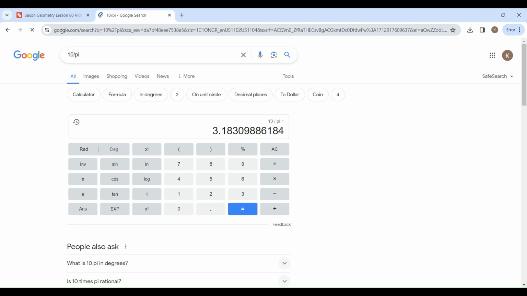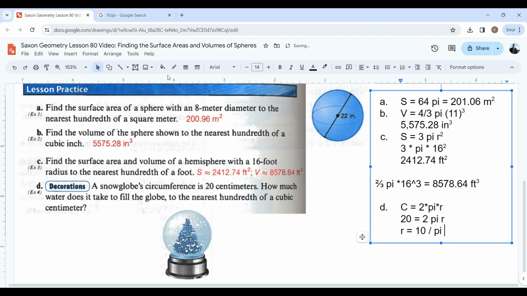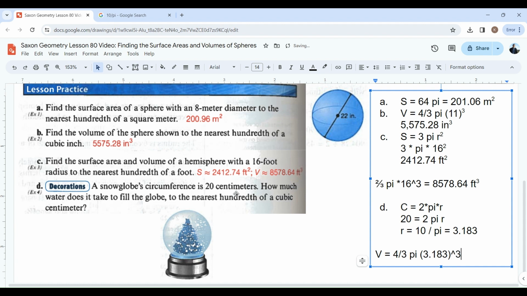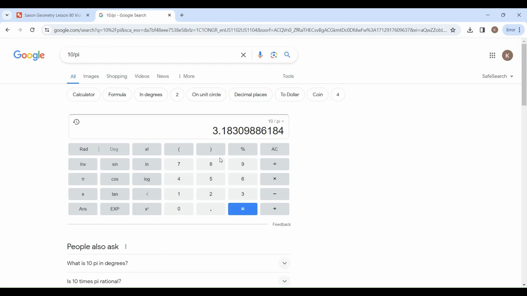Okay, 10 over pi is 3.183. I'm just going to record that many decimal places for now. We'll round to the hundredth at the very end. All right, now I have my radius and I can calculate my volume. The volume is 4/3 times pi times the radius cubed. So I'm going to take my radius here, cube it, and multiply it times 4/3 pi. So I cubed my radius, and I need to multiply times